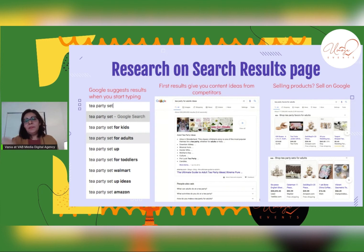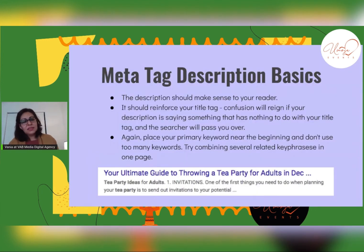Okay, so in the next slide, this is the nitty-gritty details of what Google looks at. This is how the search result shows up. Like I was saying, let's say you have an idea about throwing a tea party for adults because you're selling tea sets, or you're selling something related to providing the services for tea parties, for weddings, or anything related. Kind of like one of the vendors that was on the Kwanzaa